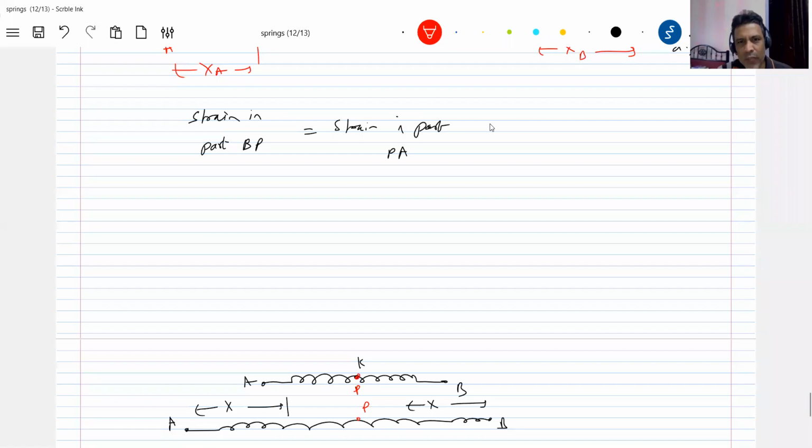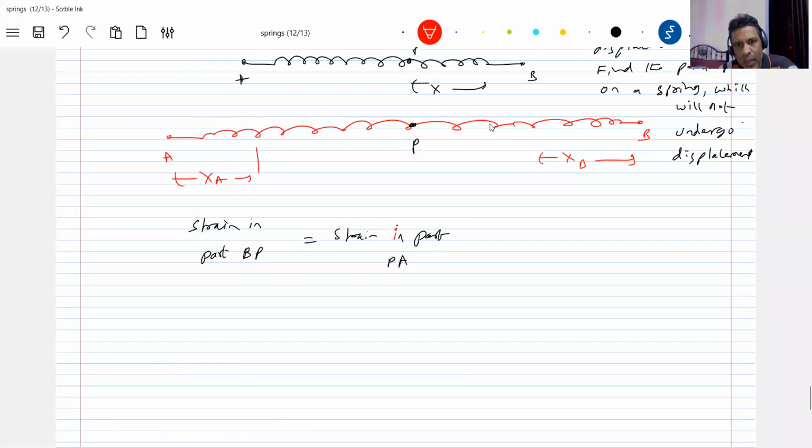The observation of the outside physical world, knowledge of the physical world, is very, very important. Just if you know formulas, if you know some physics, it's not possible. We must have a very general idea about the objects. So if both ends are given the same displacement, the midpoint will be at rest. Midpoint P will not shift.